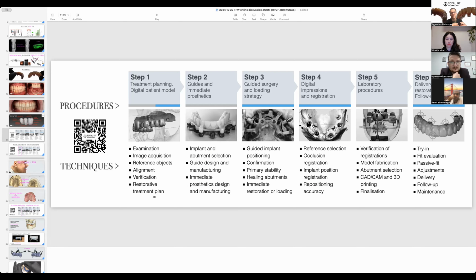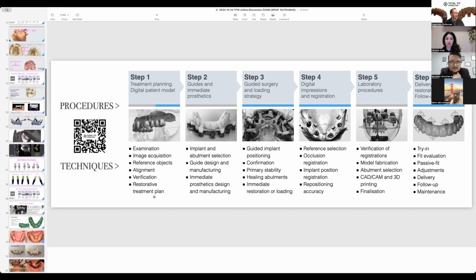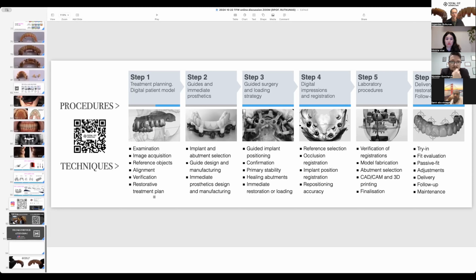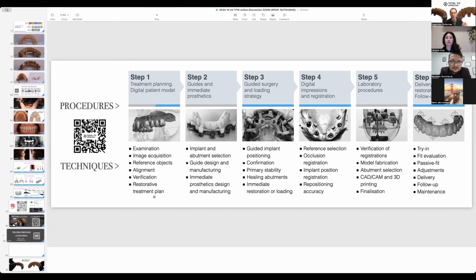Since my interest is the integration of all steps of the digital workflow, it would be great to have a tool which goes through all the steps, validates the digital workflow, and is somehow aware of all errors appearing in our digital workflow, because sometimes we wait for research to be published for some new device or new technique, and this is a big challenge.